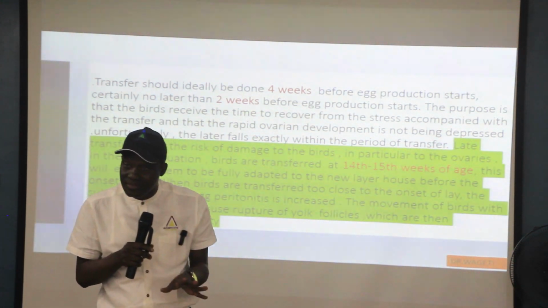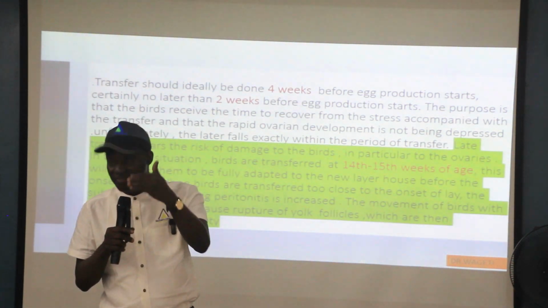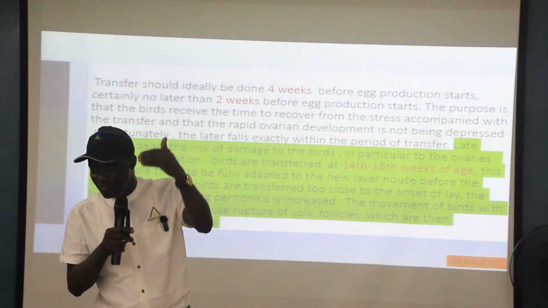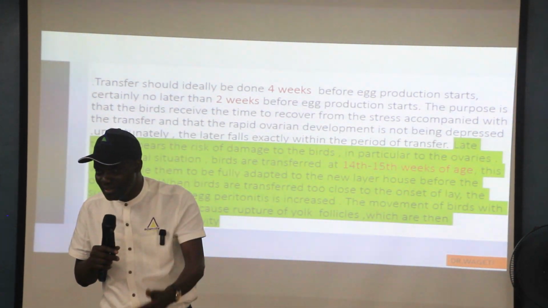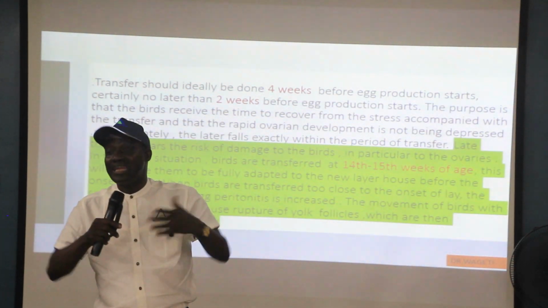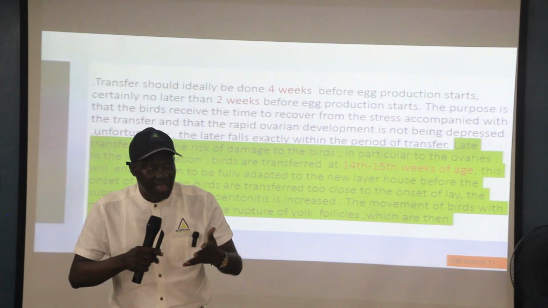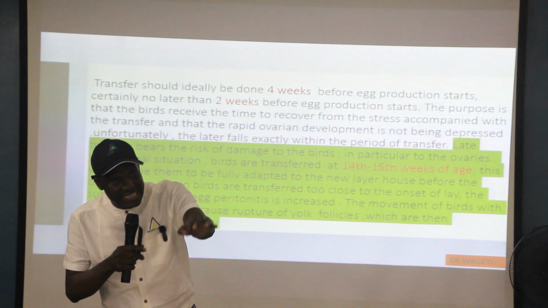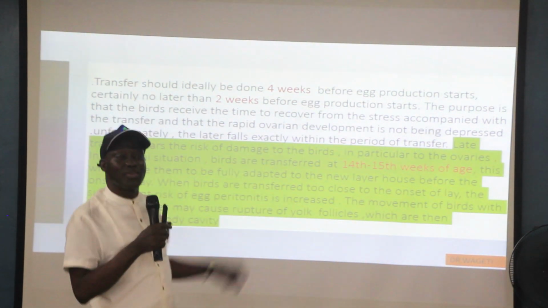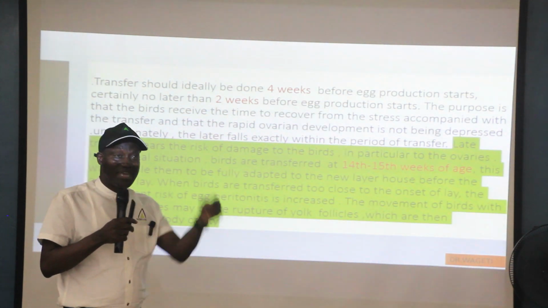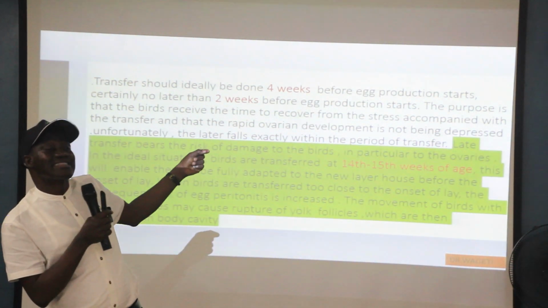What I'm saying is that, I've said before, once your birds get 1 kg at 12 weeks, by 16 weeks, those birds will be 1.35. By 17 weeks, they'll be 1.410. By 18 weeks, they'll be 1.5. They'll start laying. So everybody that starts laying at 18 or 19 weeks, it means that the ovaries are developing at 16 weeks. Because the ovary cannot develop today and form egg. So now if you transfer birds at 16 weeks,